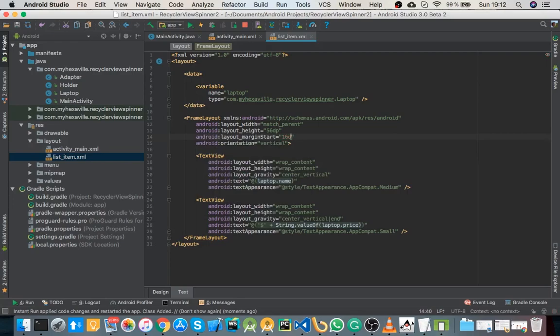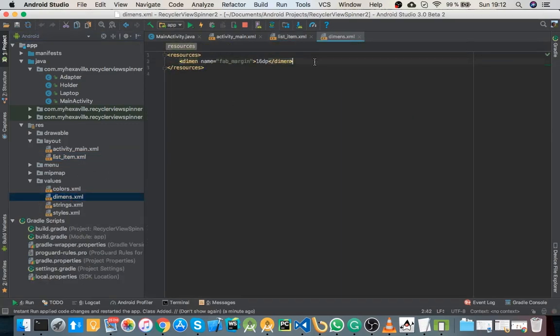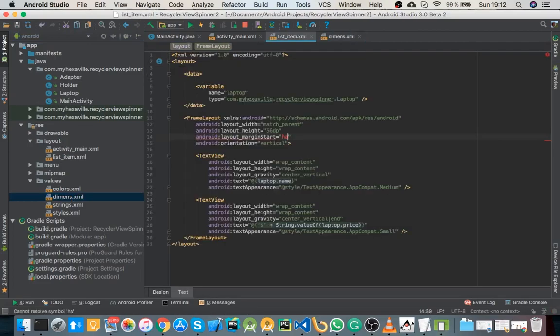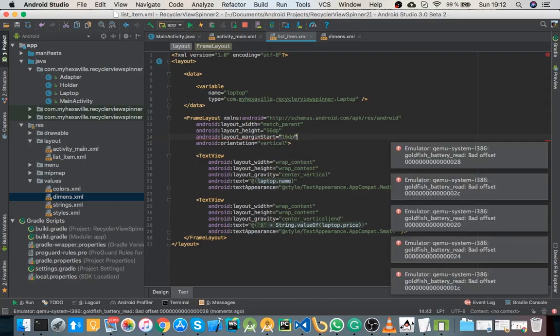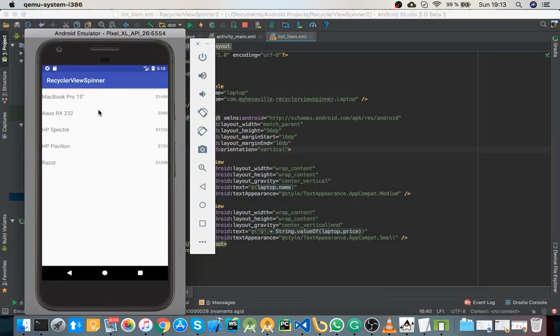I don't know why they excluded horizontal dimensions from the latest Android 3.0 templates. You don't have any horizontal. You see here, it used to be horizontal, vertical, 16 dp dimension. I don't know what was the reason. And margin. Alright, so as you see, list items